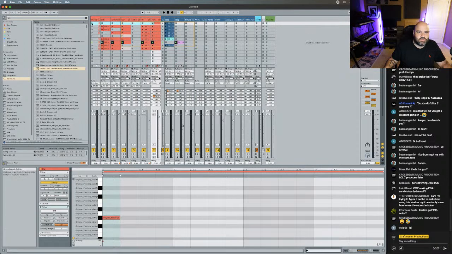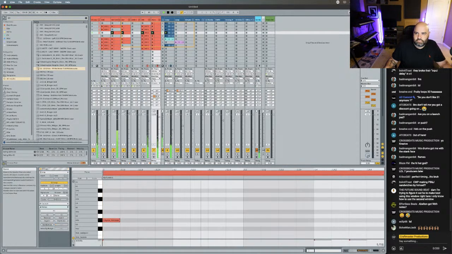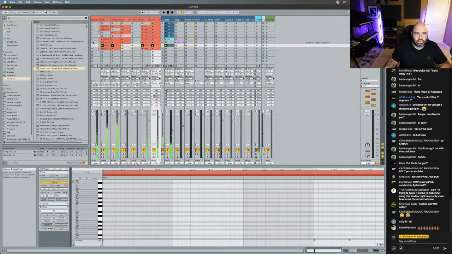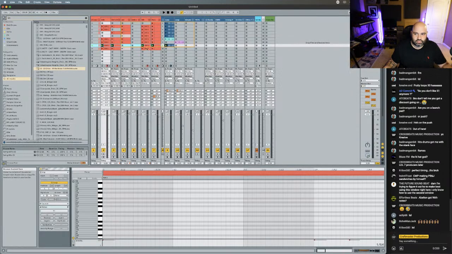You just click it here. And then when you're ready to do the arrangement, you hit tab, press record, and trigger them. But you got to have this workflow.